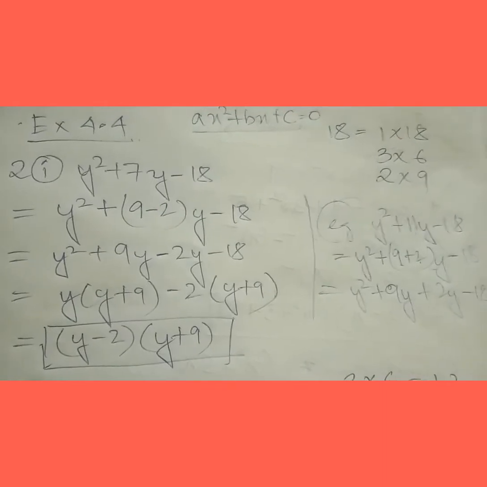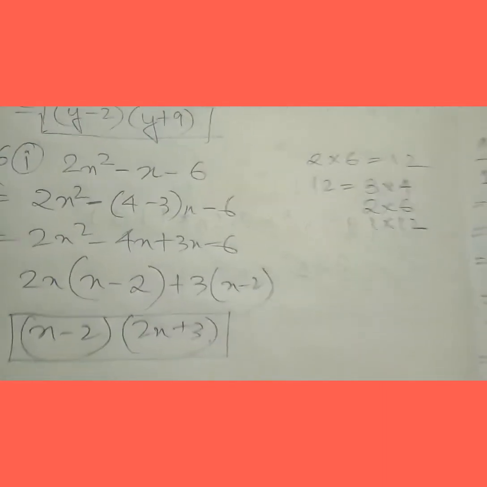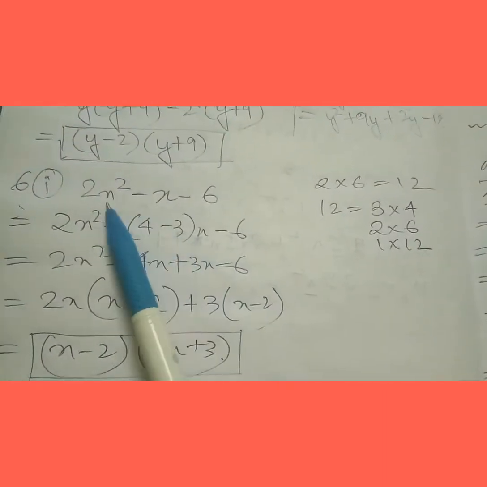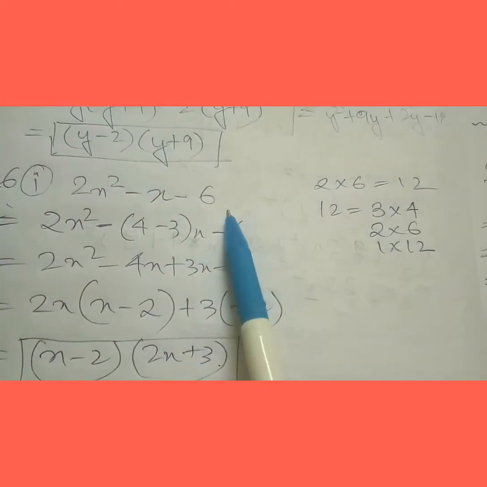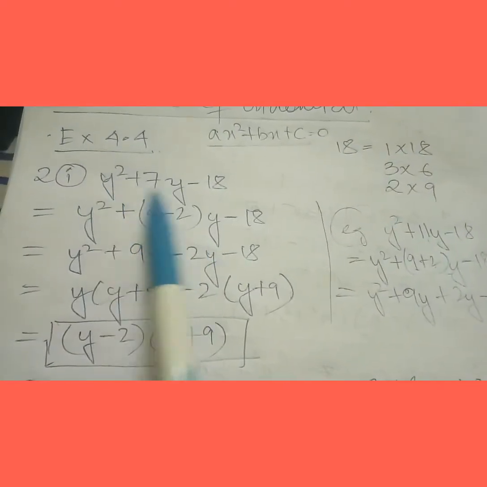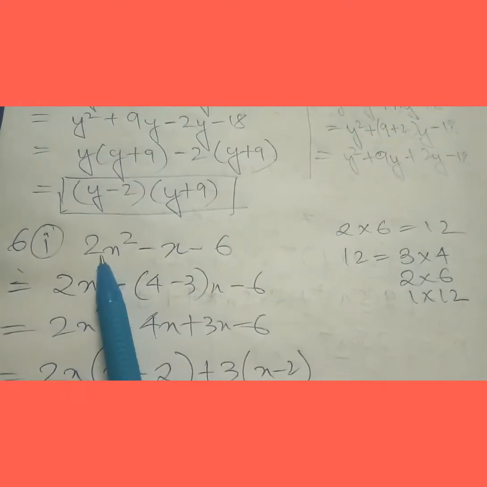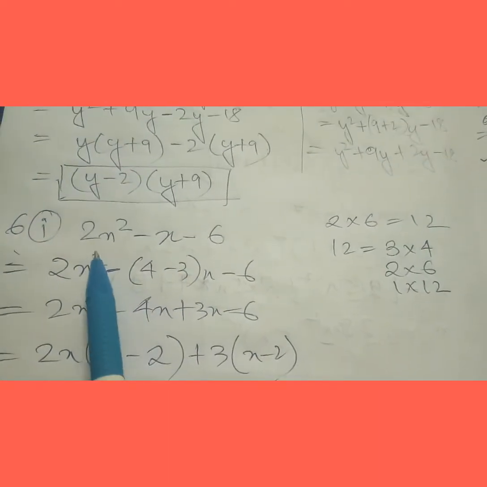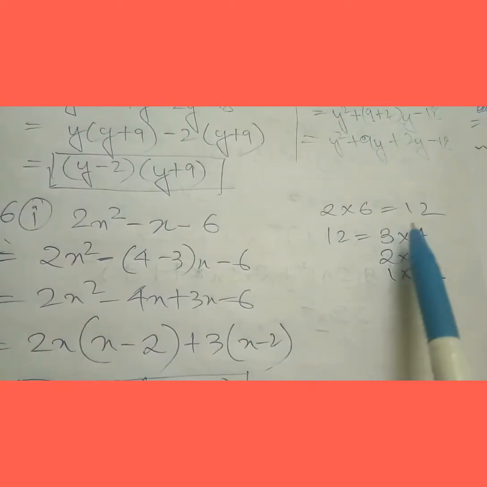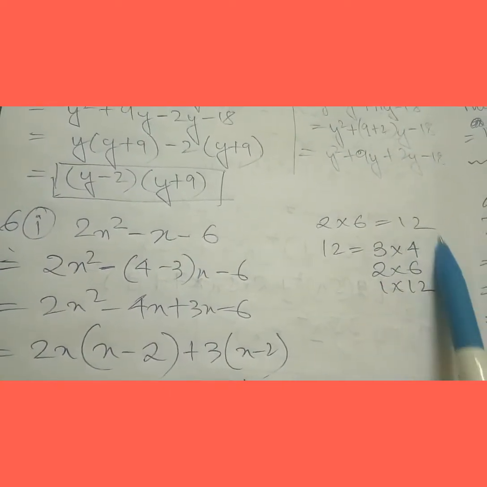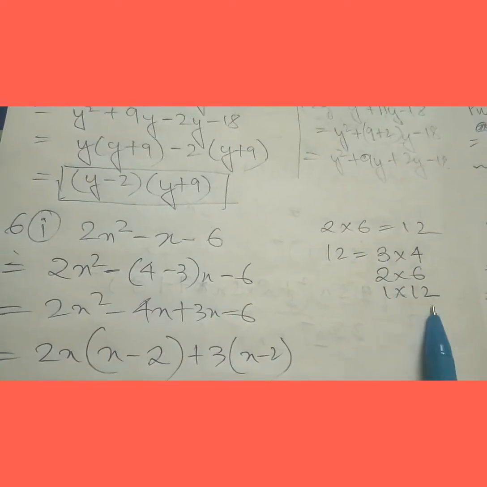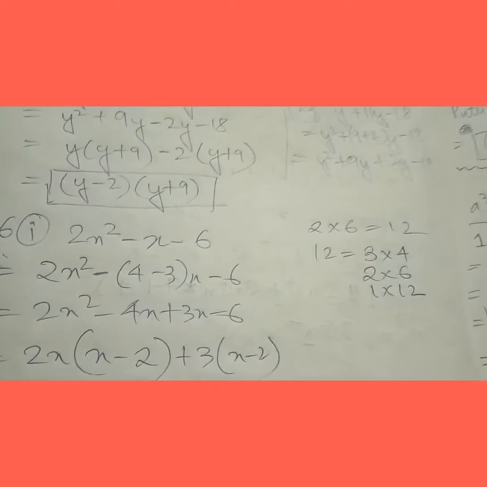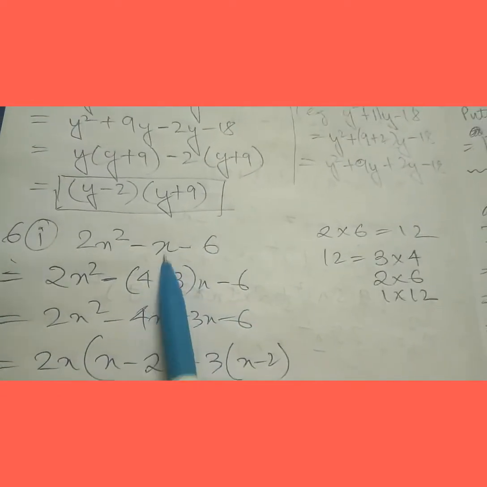Okay, here also I have done the same question only. See, 2x square minus x minus 6, this is how we have taken. See, in the last part here no number was given over here, but here it is given what? 2 and 6. Then from this kind of question, 2 into 6 will be what? 12. Now you break the 12. See, I broke the 12 from here. 3 into 4, 2 into 6, and 1 into 12.